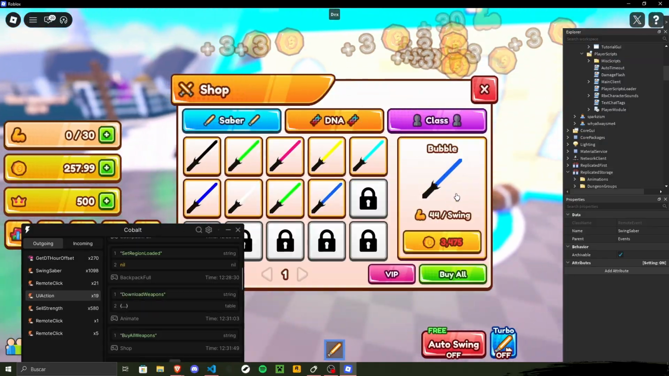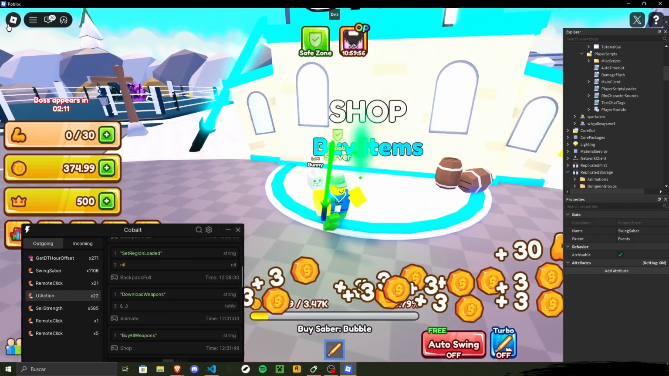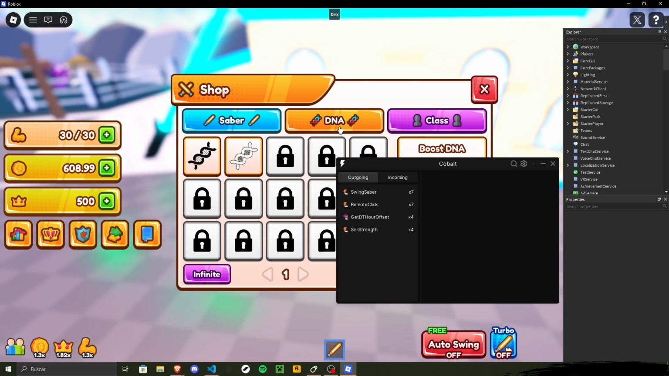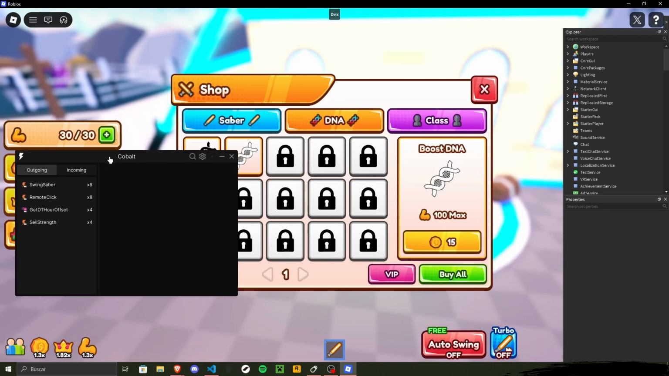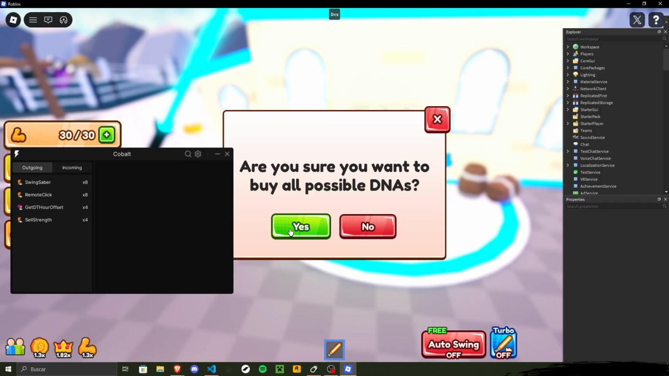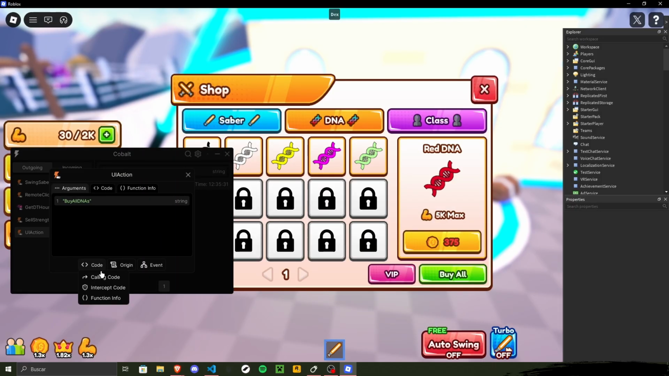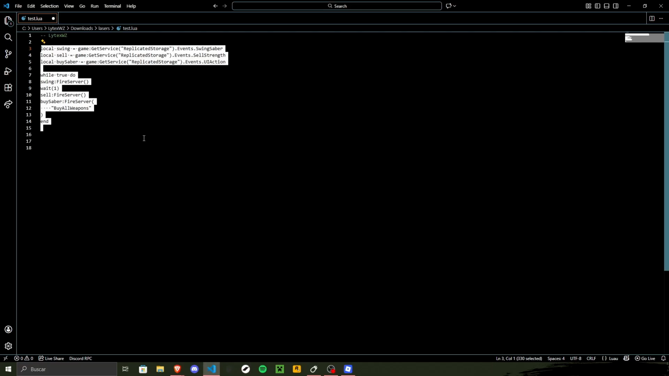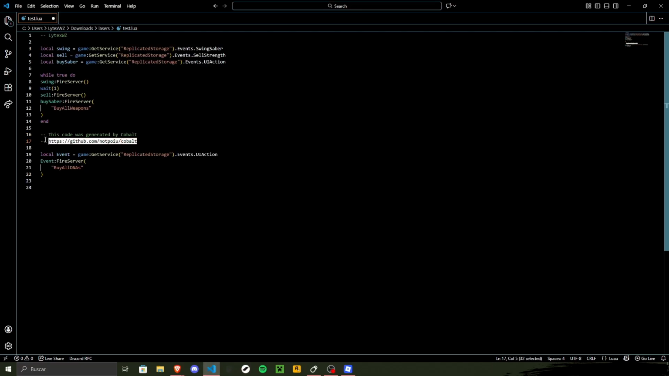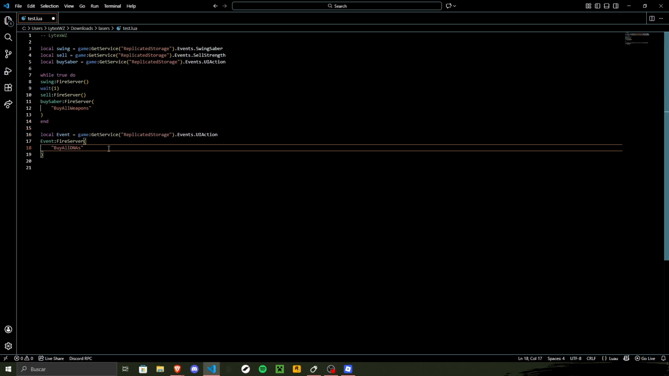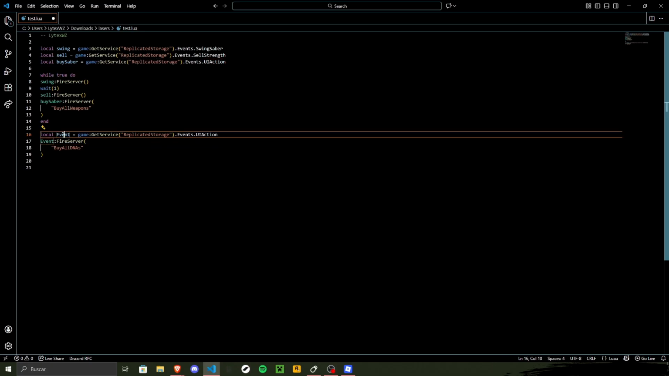Now we can just repeat the process. We are going to get DNA and we are going to press buy all. We have a new UI action that we are going to copy, and we are going to do basically the same. We are going to move the definition up there, we are going to call this buyDna,